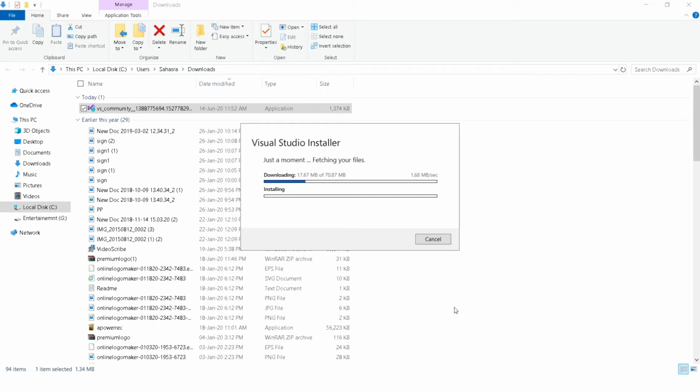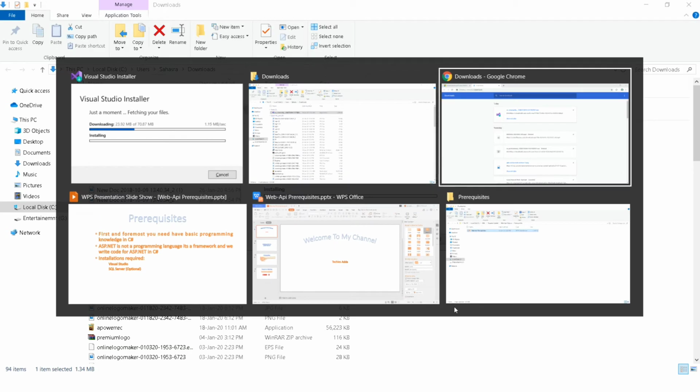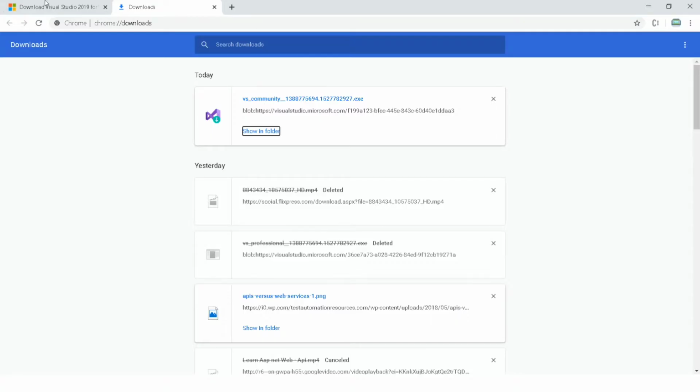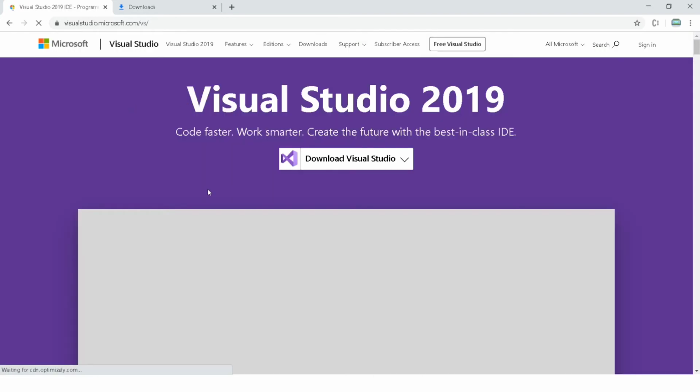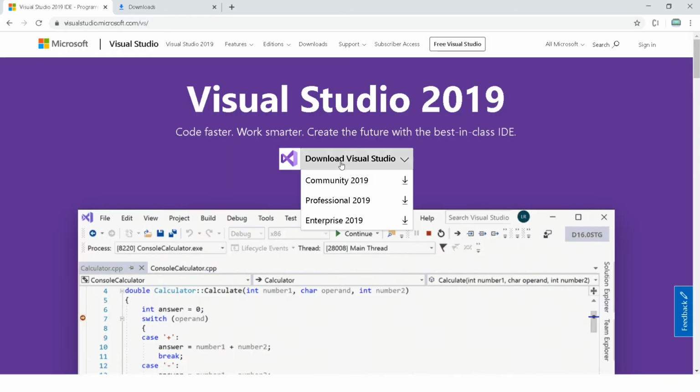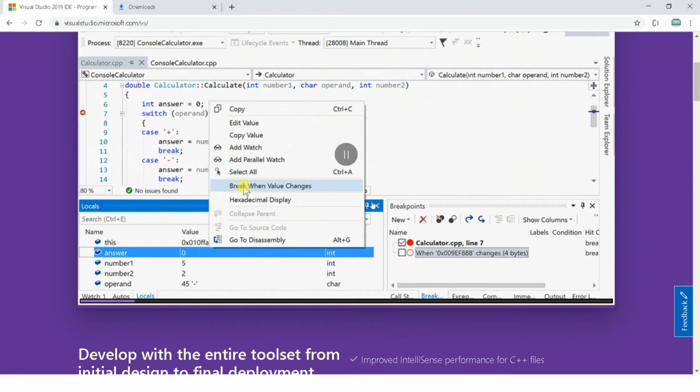Once it's done, you will be presented with another screen. There you will have to select workloads. Let me show you the workloads available. Click on Visual Studio 2019. It will give you a brief about Visual Studio.